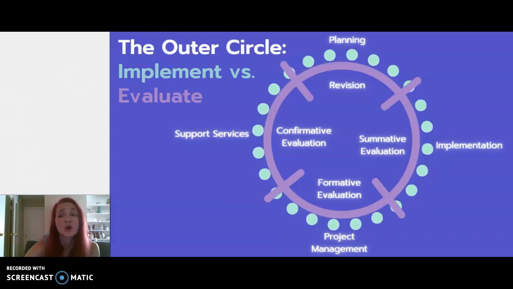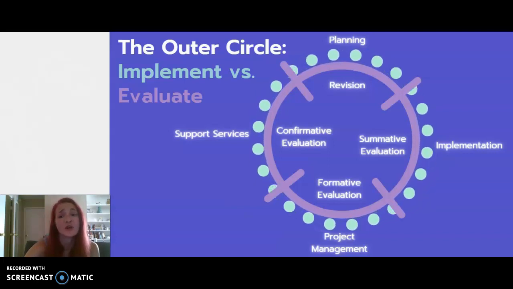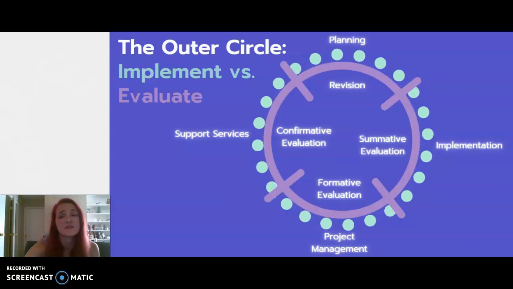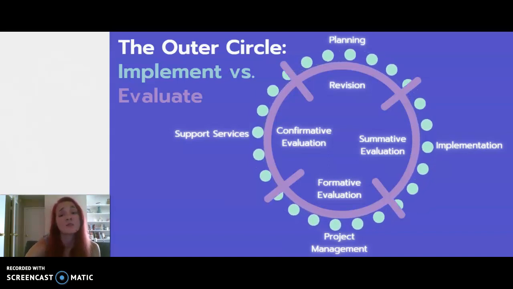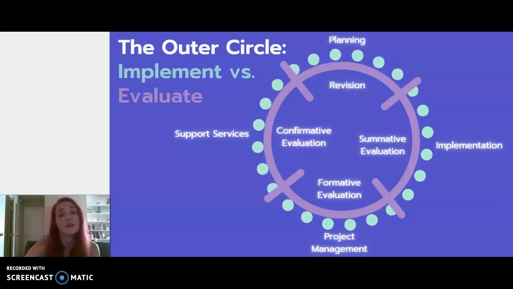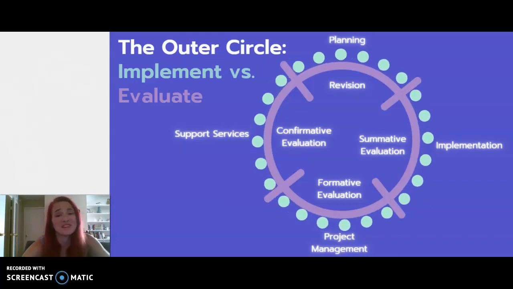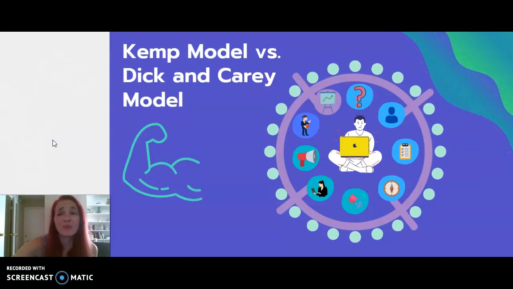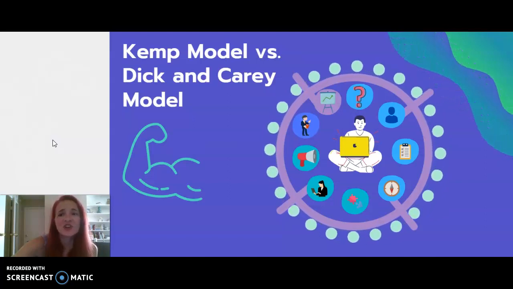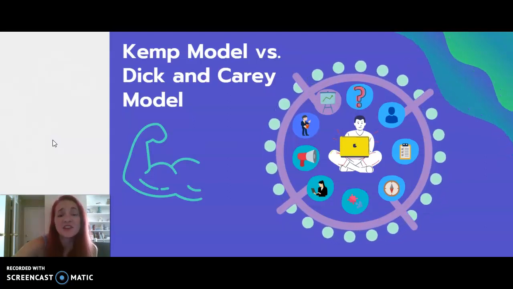Support services are provided during instructional delivery and final evaluation. The confirmative evaluation will generate data as to the impactfulness of these. The Kemp model is particular in that it acknowledges the valuable role of planning, project management, and support services throughout implementation. The learner-centric nature of the Kemp model makes it ideal for instructional design in the classroom and other similar